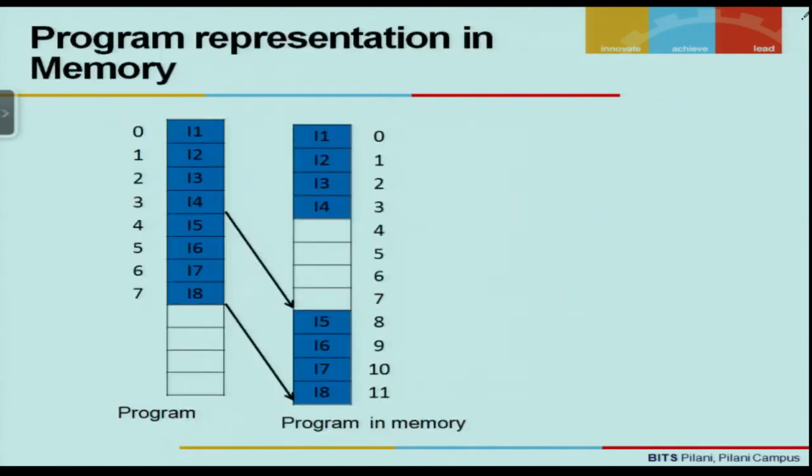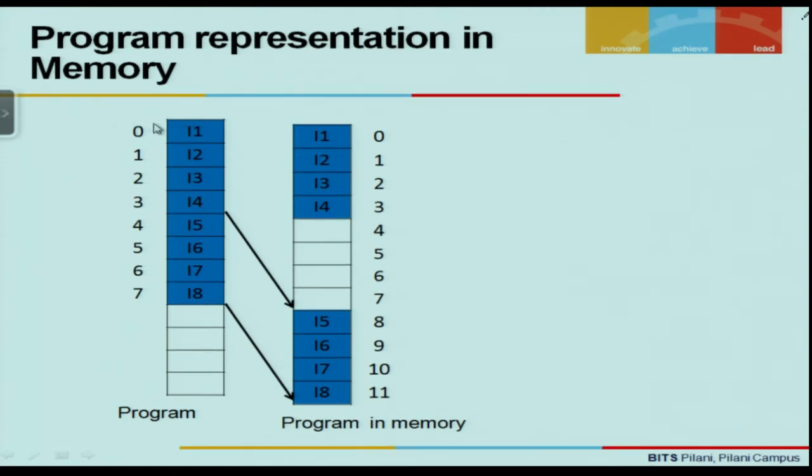Let us see an example. In this example, what we are trying to depict is that we have a program, and a program, as we know, is a set of instructions. So this particular diagram shows that we have a program with, say, 8 instructions present: I1, I2, I3, I4 and up to I8.